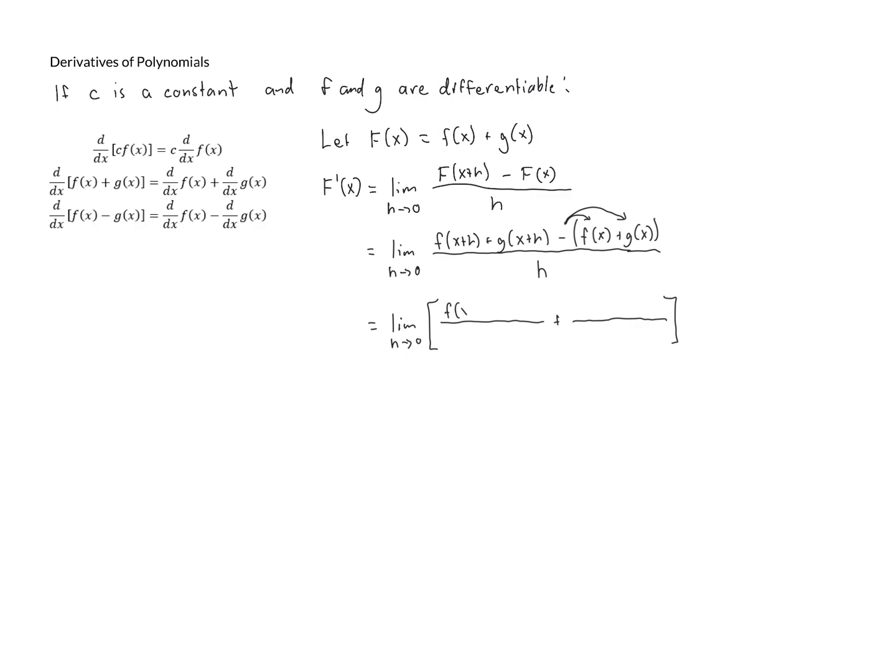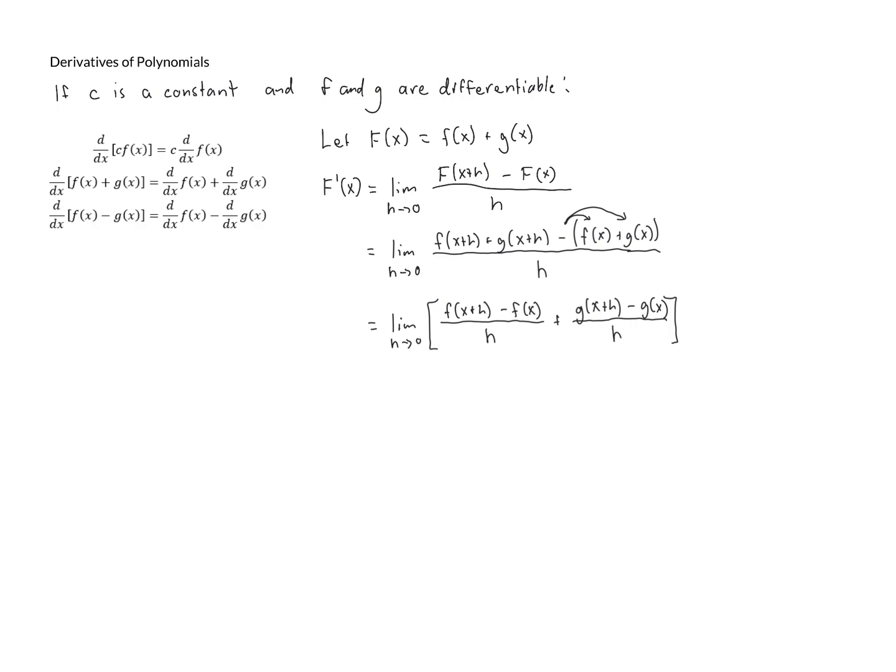So we've got f of x plus h minus f of x, because when we distribute that subtraction, the f of x becomes negative, all over h. And then if we look at the g of x terms, we've got g of x plus h minus g of x, because again, that subtraction getting distributed causes the g of x to be negative,